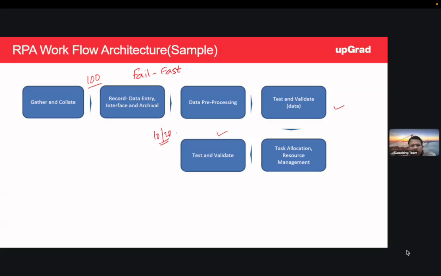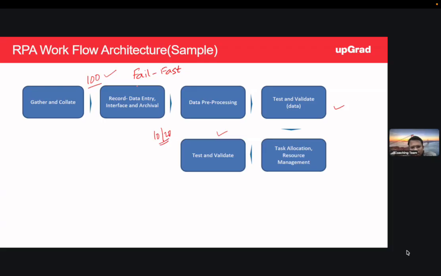And if I'm getting the results that I expected, then I validate that task allocation and resources based on those 20. And then I prepare a requirement sheet so that all 100 can be applied,